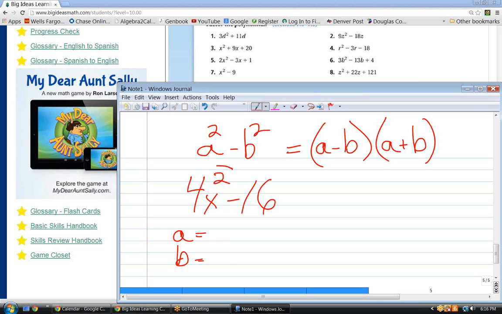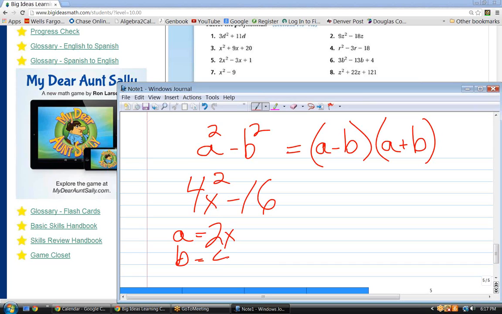No, what's the square root of that? 2x. 2x times 2x is equal to 4x squared. Okay? What is B? Minus 16. No, that's B squared. Oh. So